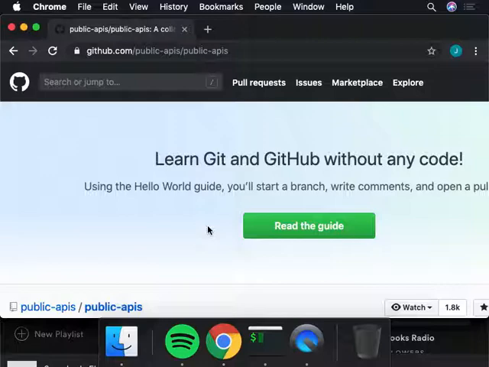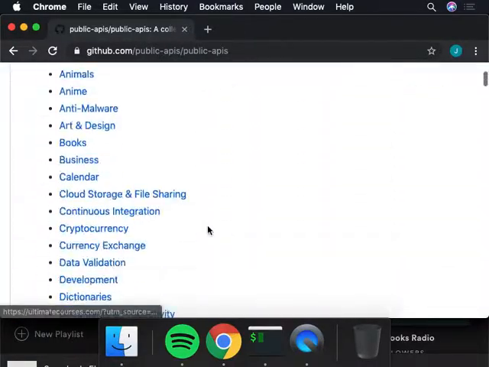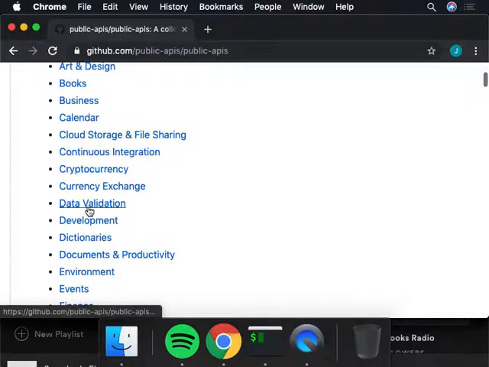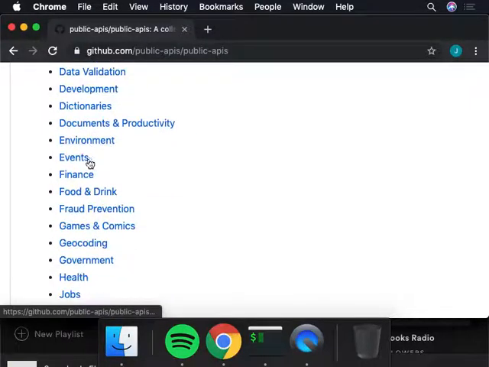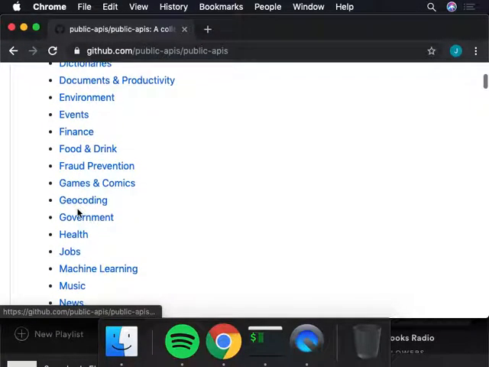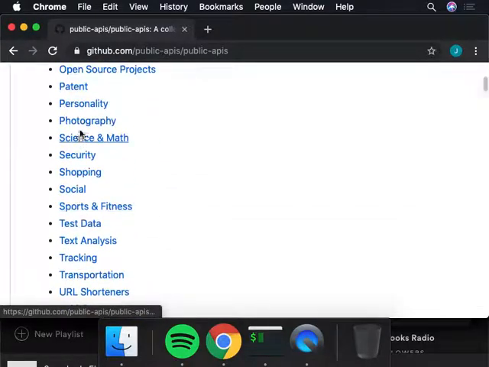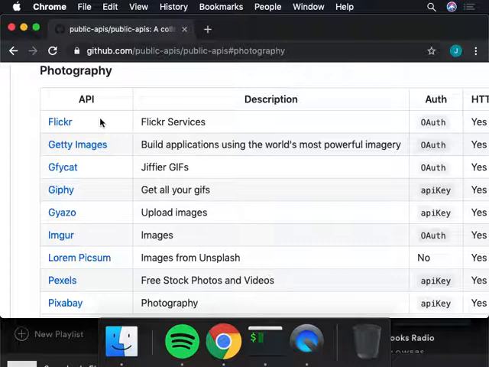If you scroll down here, you can see there are APIs about books, about calendars, about cryptocurrency, about data validation, development, the environment, events, finance, food and drink, geocoding, machine learning, photography. Flickr, right? Any of these types of things, we can get similar types of information.